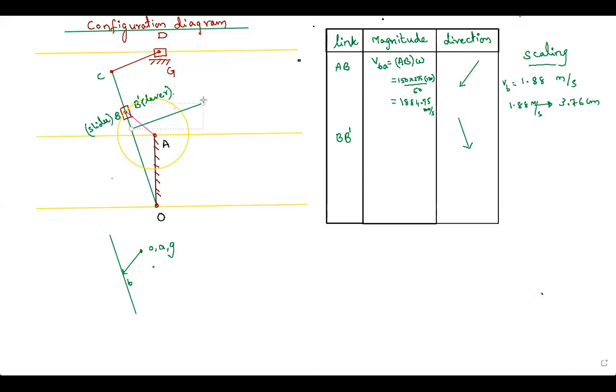So perpendicular to the link, and the direction is perpendicular to the link, right? Don't worry about the direction, just put it here. The direction is actually in which direction? It is anti-clockwise motion, right? So the arrow will be on the other side. It means it will be coming towards the left. If you look from here, the arrow will be coming like this.